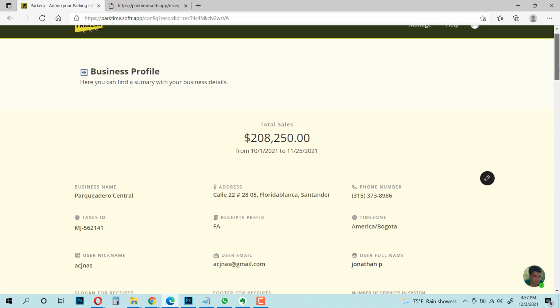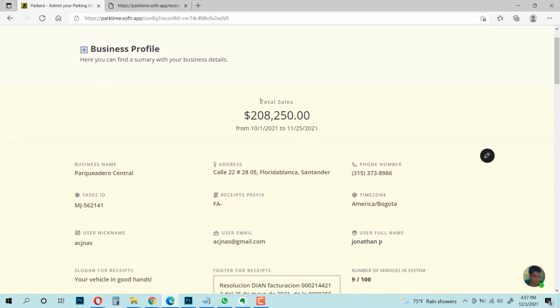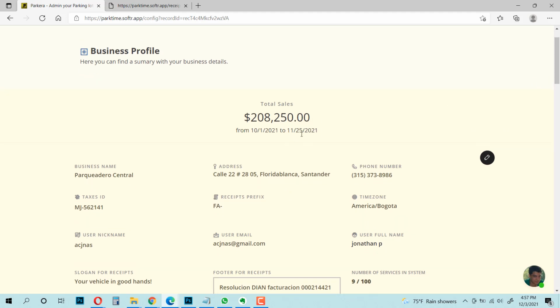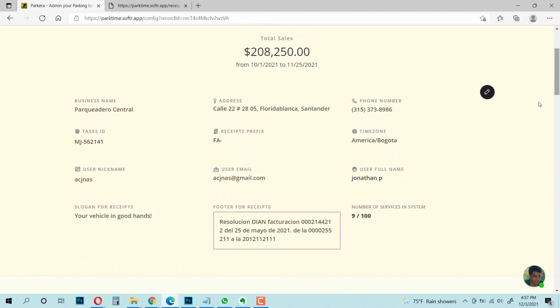And in here we see some interesting information, like the total amount in sales from these dates. This date is actually the date of the last registered service for this parking lot, for this user.